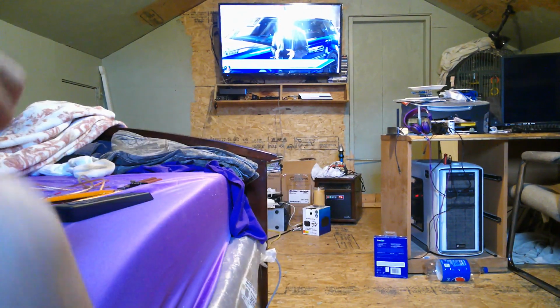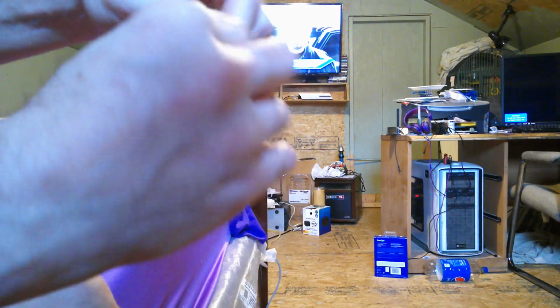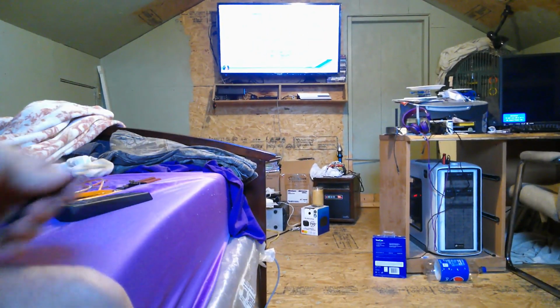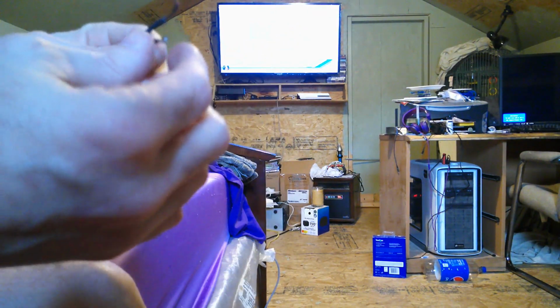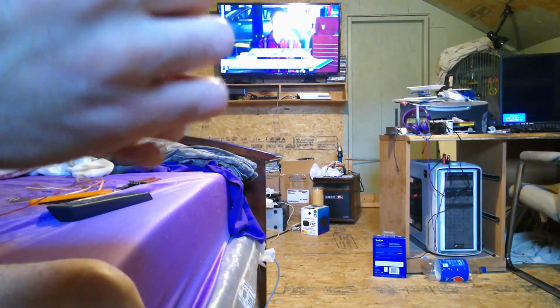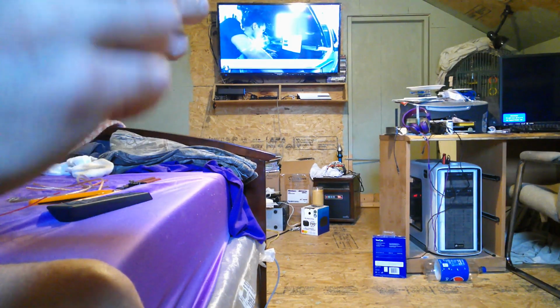I don't know if you can see it, but I'm just using what fingernail I have and pulling on it. I dropped my lighter again, but you can see how small them wires are. Let me show you. There's one wire,